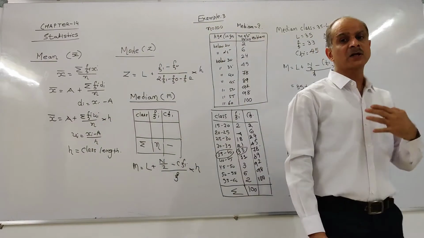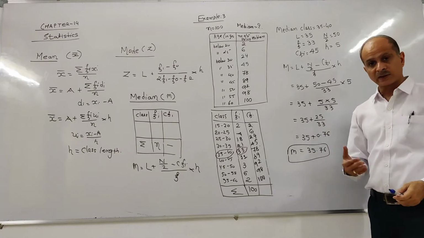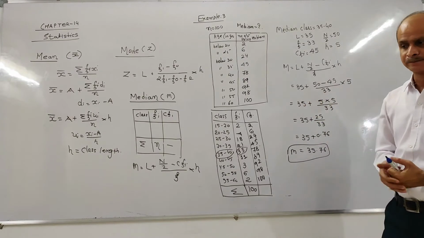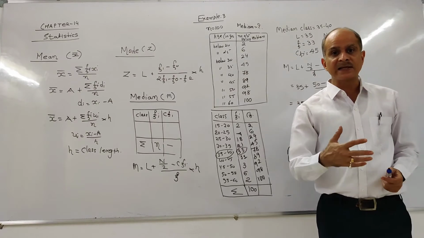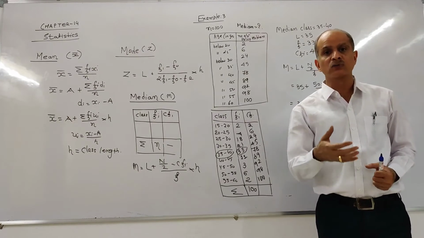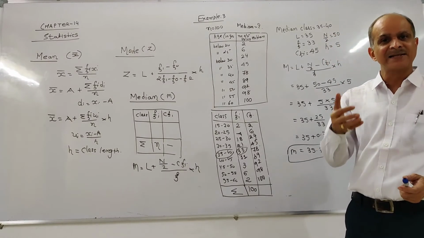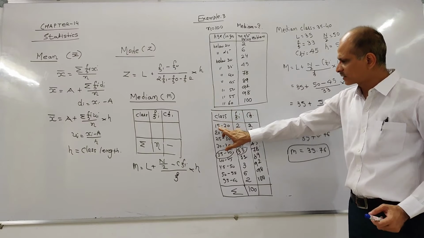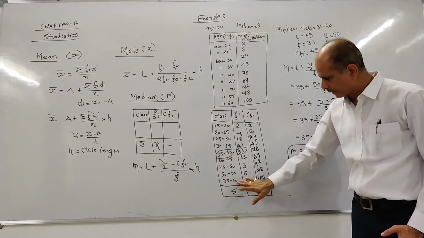Your lower limit is also given to you, that is 16. Even the upper limit is also given to you, that is 60. Because it is given that the policy is given to the person whose age is more than 18 and less than 60. So the first class means 15 to 20 and the last one is 55 to 60.